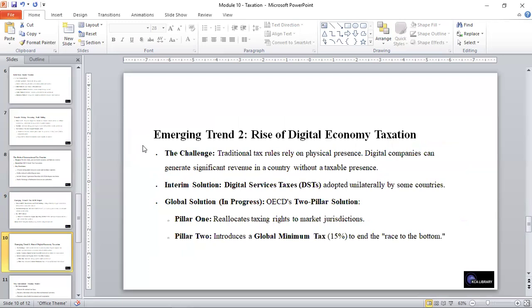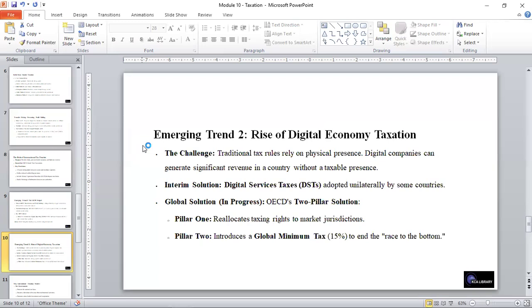And the challenge is that traditional tax rules rely on physical presence, and digital companies can generate significant revenue in a country without a taxable presence. The interim solution is the digital services tax, adopted unilaterally by some countries. Globally, the solution is progressive, and the OECD brings about a two-pillar solution,